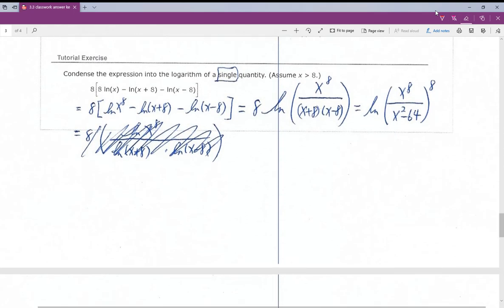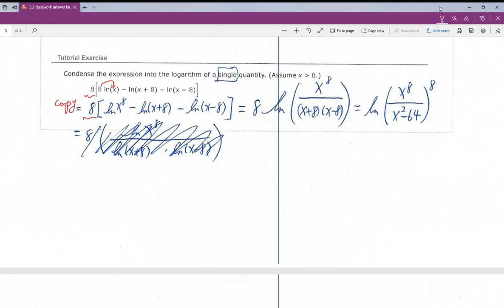Number 13, it just became more complicated. Now, you cannot put 8 to become degree here. No, the coefficient only goes inside the log to become degree. Like this 8 may go inside the log to become degree, but not this one, okay? Not this one. This one, you don't know where to go, so you just copy